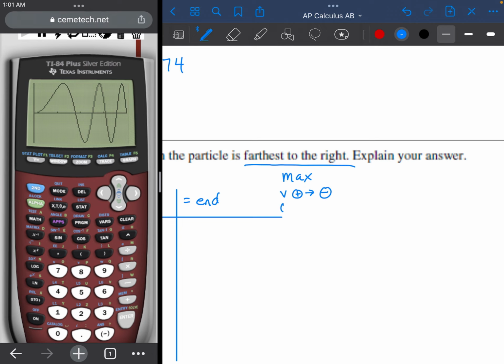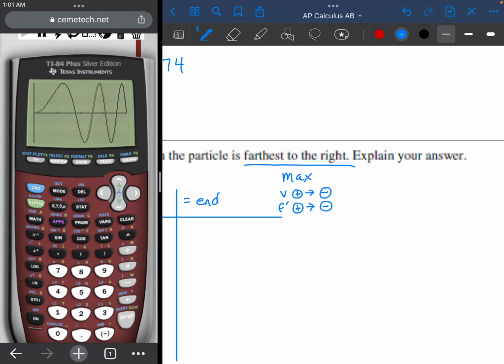Let me give the old definition. The old definition was a little bit too small. The old definition was f prime changing from a positive to a negative, but since f prime is kind of like the same thing as v, that's why I just swapped it out for the v. We're essentially looking for a v height, because this is a graph on the calculator of v, a v height that goes from a positive to a negative, which means